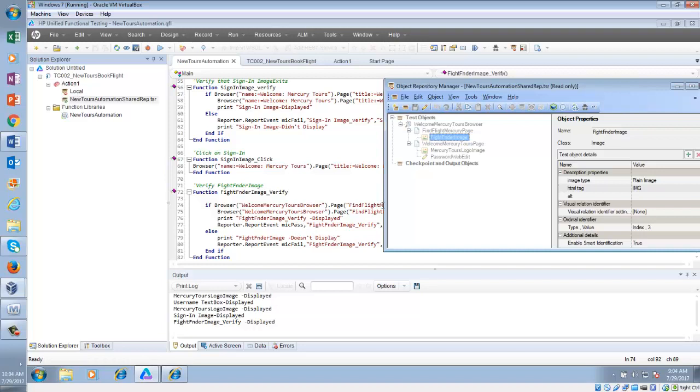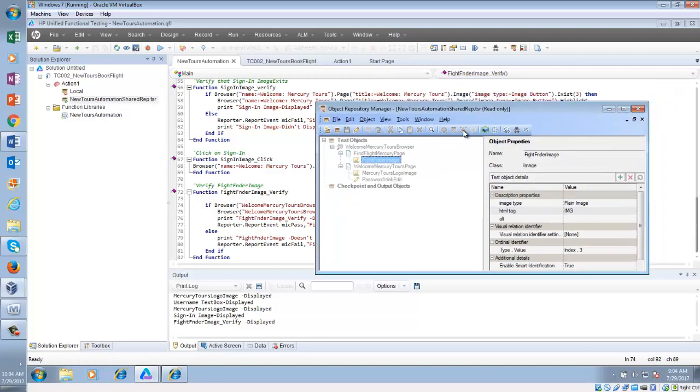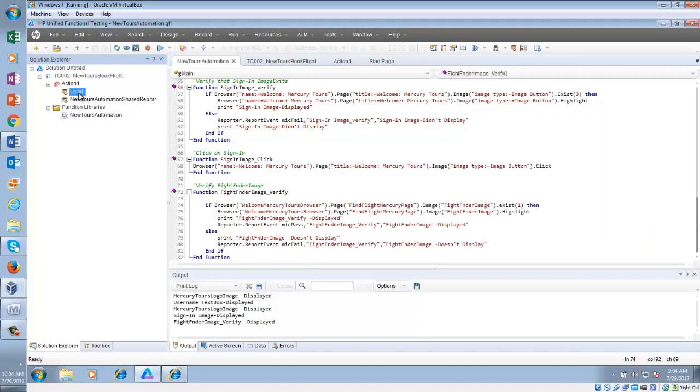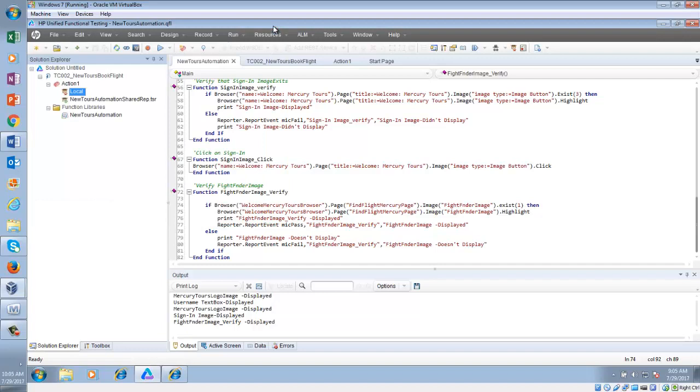So the purpose of putting this object here is so that I can use it in the other test cases. Whatever objects I put in the local object repository, I will not be able to use them in the other test cases.